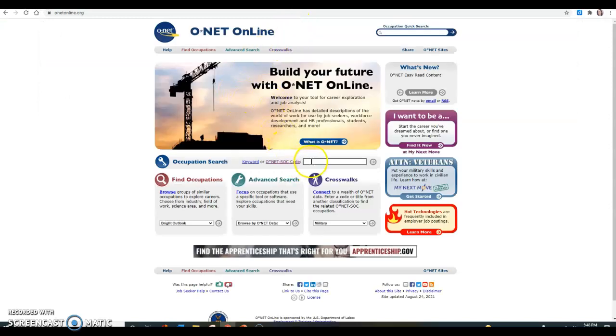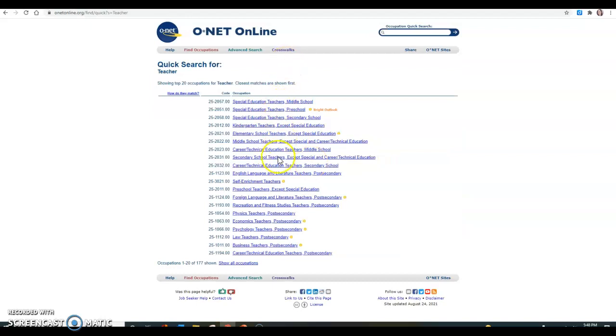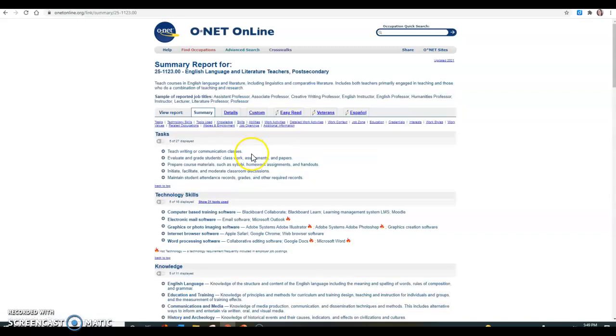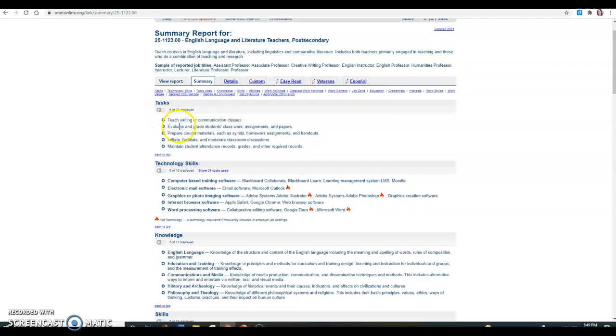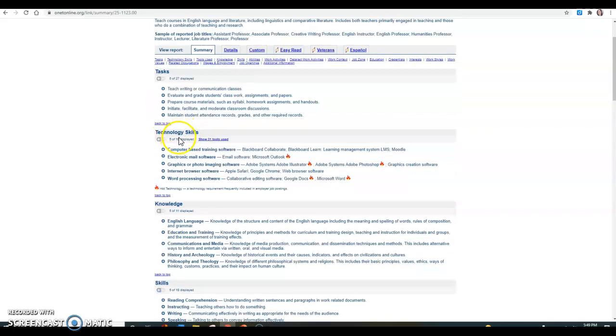All right, so once you're here, same thing. You can play with your search terms. You could type in teacher, you could type in education. You can play with whatever you would like. So I'll do teacher for this one. Then from there, I can pick which kind of teacher I'm looking into maybe going into, which occupation am I really going into. So middle school, career technical, English language literature teachers. So once you're there, you then have different options on how specific you want to go. So these are like the tasks of the job, technology skills that you might need. So remember that this is part